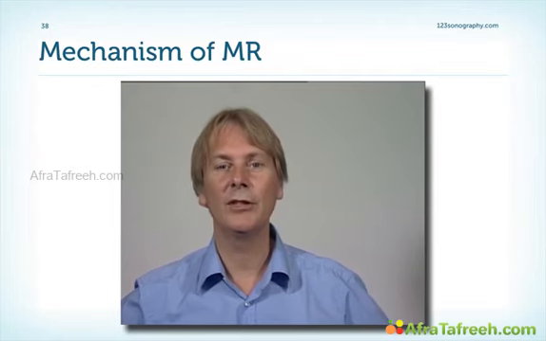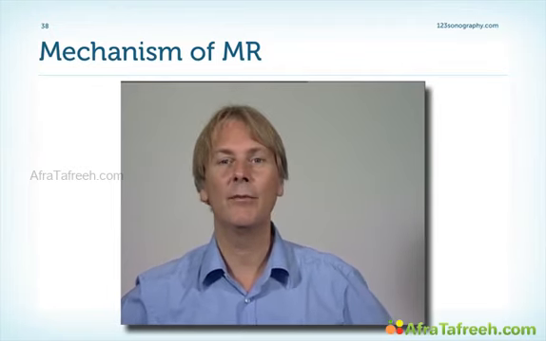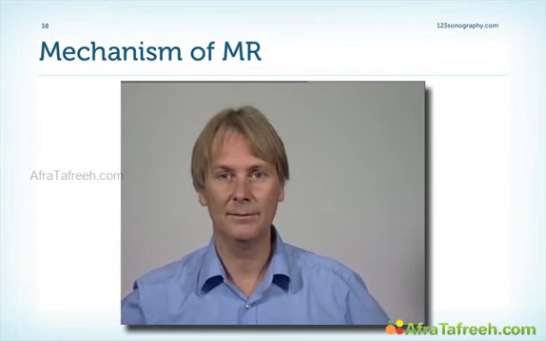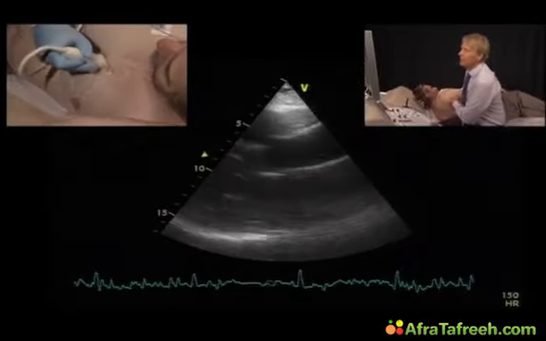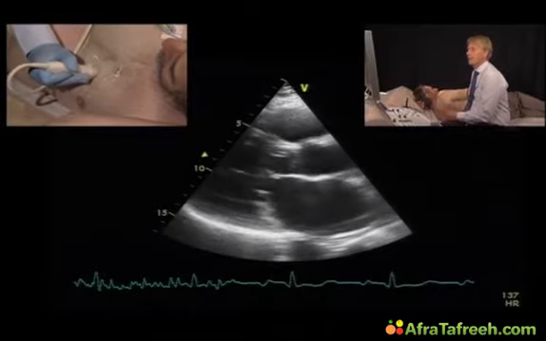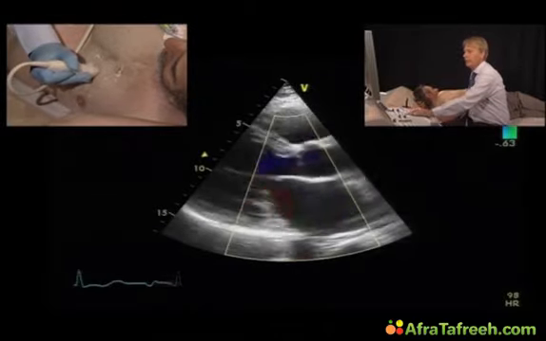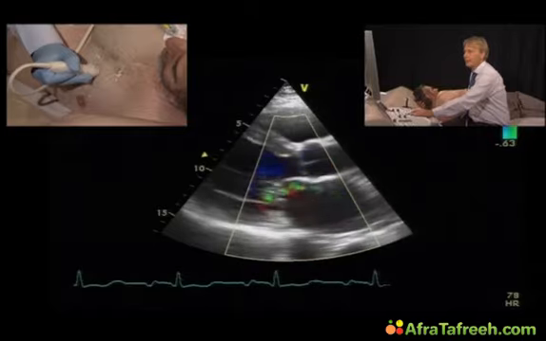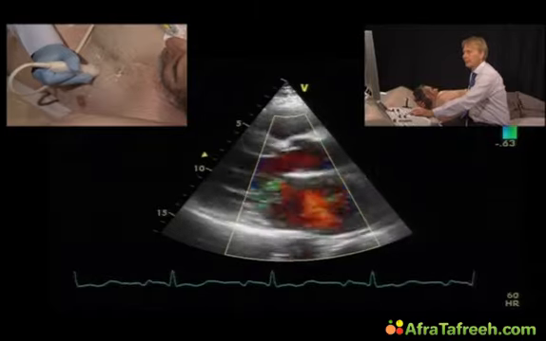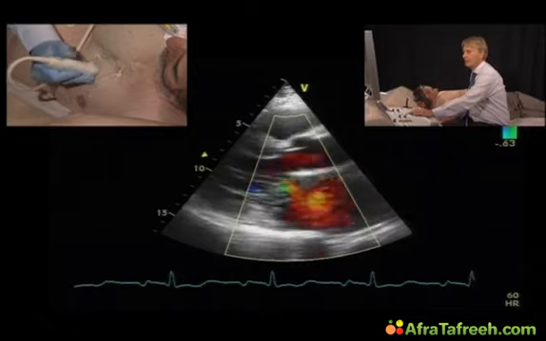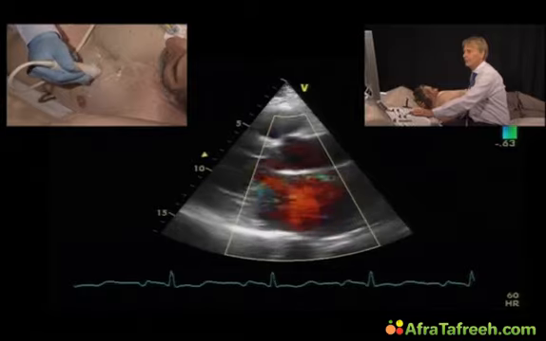Watch the following demo and you will see how we assess a patient with MR with respect to the mechanism. So the jet direction can give you very valuable information about the mechanism of mitral regurgitation. We'll start with the parasternal approach. When we put the color into the valve, in this case we can see that the jet direction is anterior. Even though we do not see the jet as nicely as we would like to see it, it's apparent that